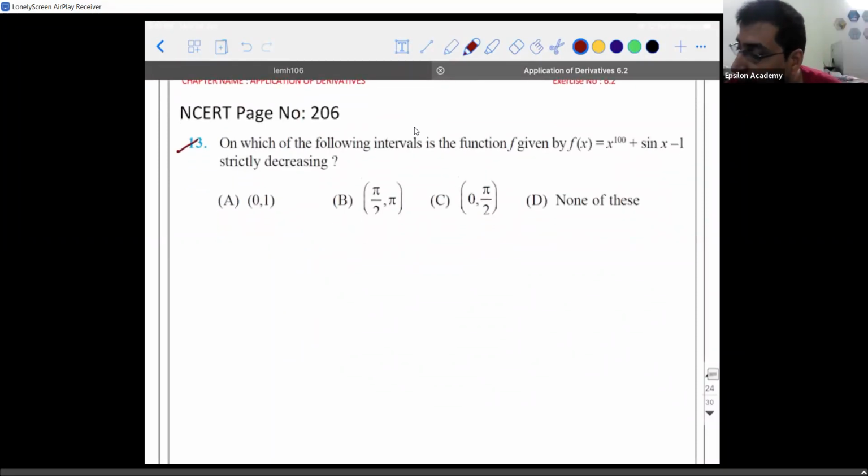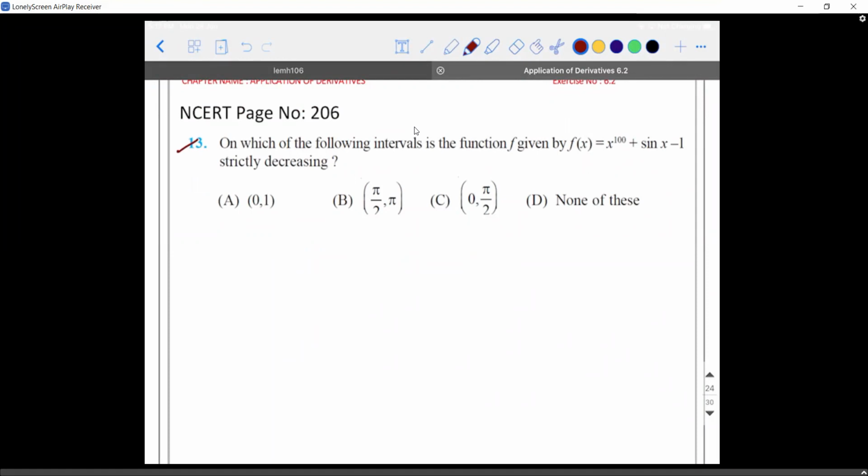So on which of the following intervals is a function strictly decreasing? Try this. f of x is equal to... Sir, the first one will be increasing, sir. The second one also increasing, sir. Third one...